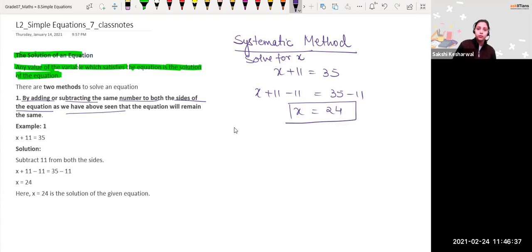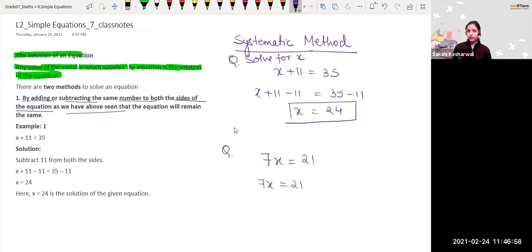Now if I give you one more question on this, like 7x is equal to 21, you see that 7 is multiplied with x, right? Now you will be dividing on both sides. So 7x is equal to 21. Now see, 7 is in multiplication, so you will be